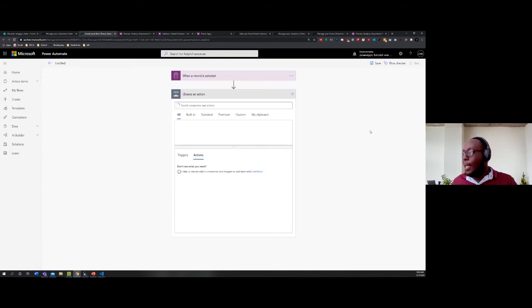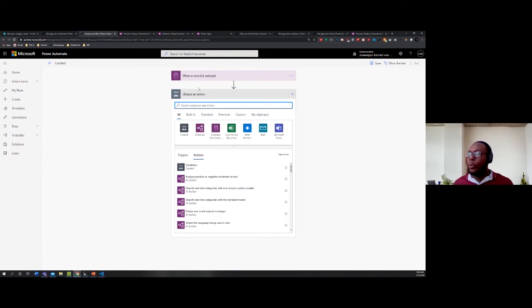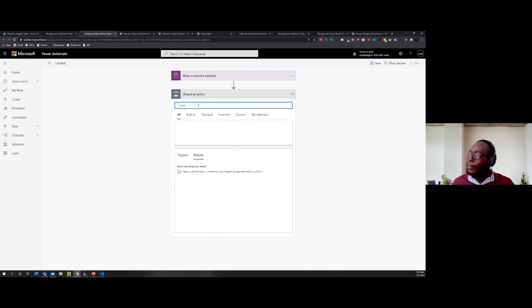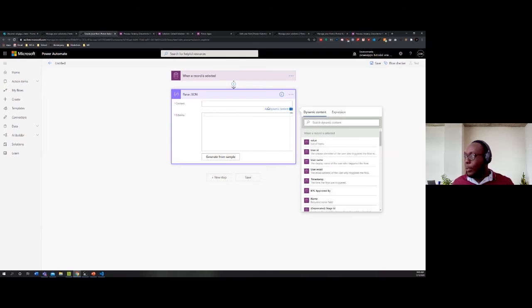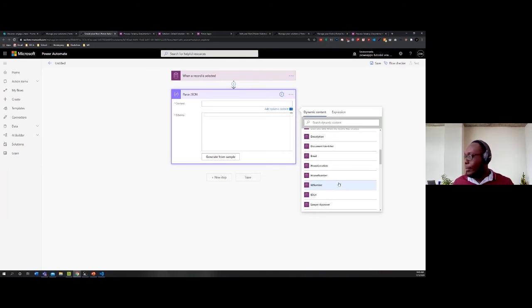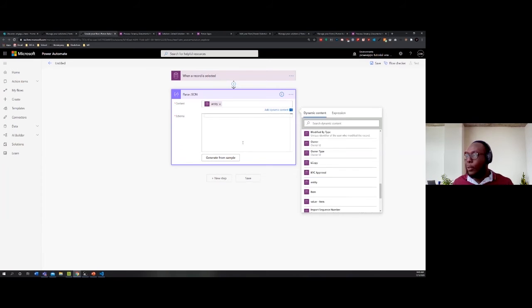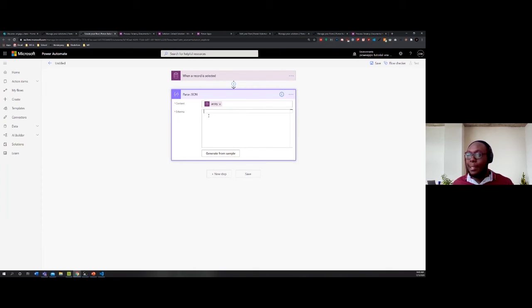And once you're done, we want to add a new step. In this case, we want to be able to just parse the workflow step and get it as JSON. And what we need to do in this step is just search JSON, Parse JSON, choose that. The content in this case, it brings you this nice dynamic content thing that I showed in the previous one. In this case, we're going to select the content is the entity, and the schema in this case, well, did I forget how to add the schema? Oh no, it's because I have it handily